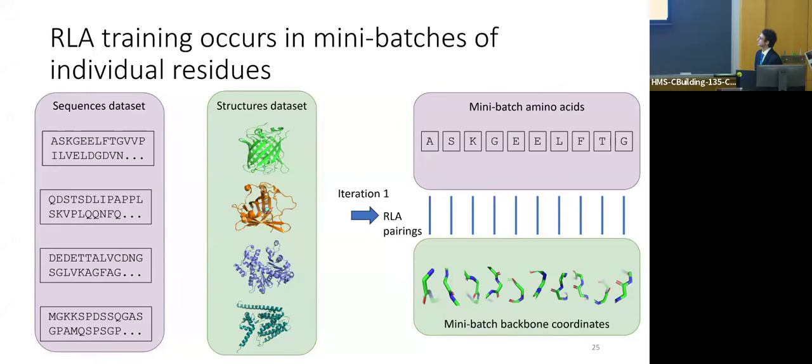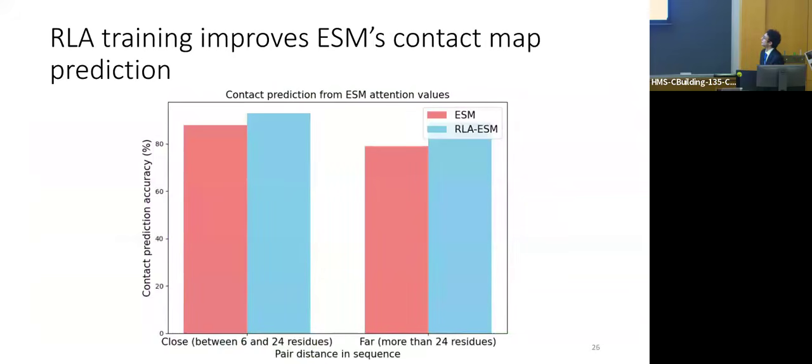We did also have to make some modifications to the architectures. Both architectures used to have a positional encoding that was part of the featurization, and that would obviously allow the model to cheat in a big way because it would know that this is the first residue in the structure and the first residue in the sequence, and so on. So we had to make sure that the model wasn't cheating in that way, and then we were able to train this residue level alignment process. And when we do this, and then retrain the contact head,